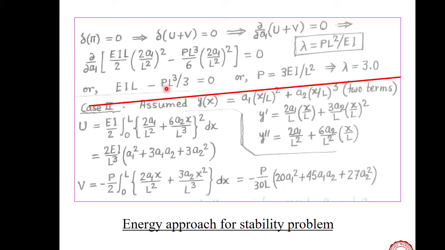And this thing we express like this. P is thrice EI, and L cube gets cancelled, this is the thing. And now here we assume EI by L square as a factor, which is known as a buckling factor, or we say this is a buckling coefficient. If this is the buckling coefficient, PL square by EI, that value is coming as 3. So we will say buckling coefficient is 3.